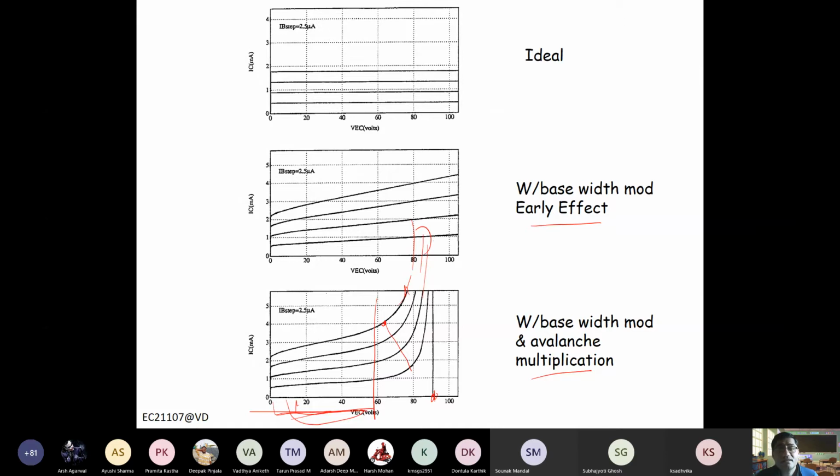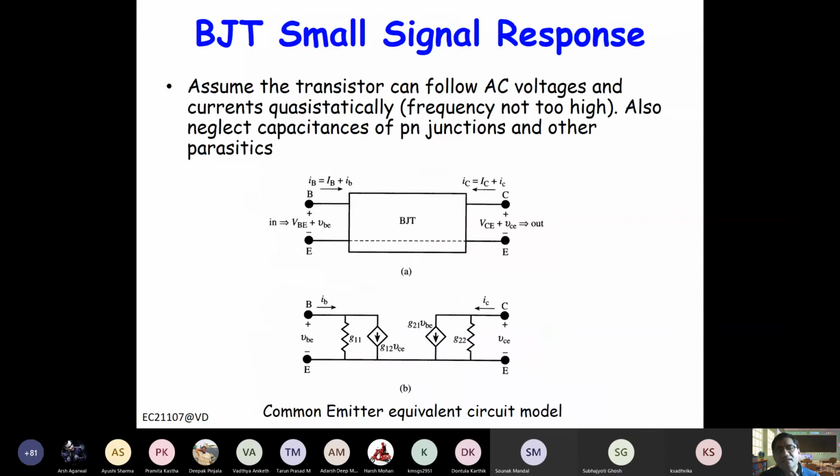Okay. Now let us see from the equations that we have obtained. Can we relate them with small signal parameters for a BJT? So this is the diagram or a small signal equivalent circuit. You might not have seen this in this format, but if I write here, this is R pi, this is R out, this is gm VBE, or it's beta IB, right? Then it is familiar.